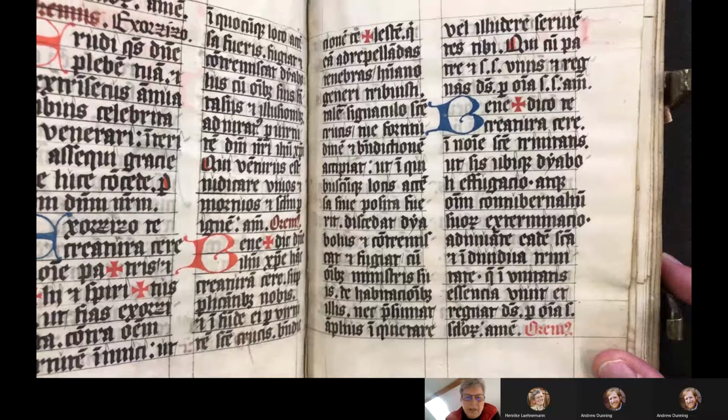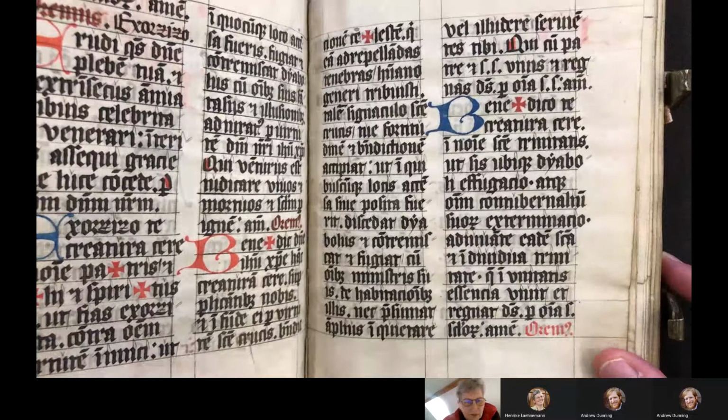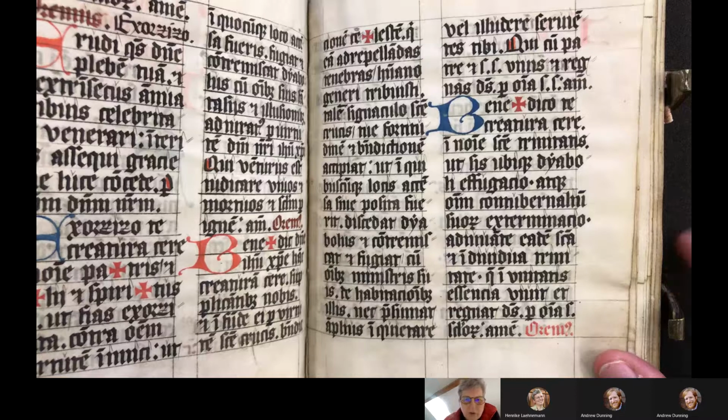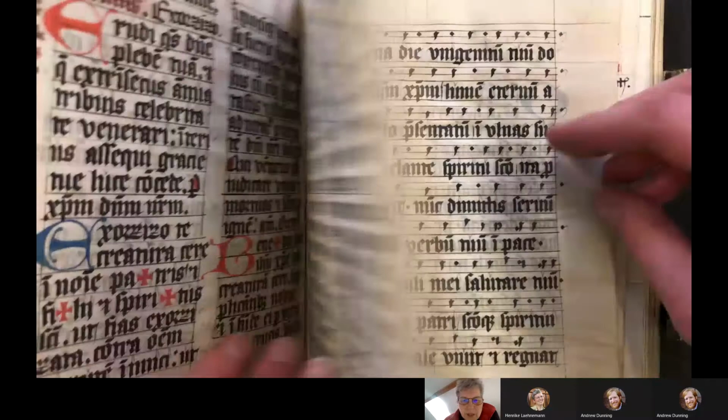And then there is the benediction of the wax, Benedico te creatura cerii. And I spoke with Zach, who said these were some really unusual prayers for Candlemas. So I'm looking forward to what he has to say about it. If you want to continue turning,